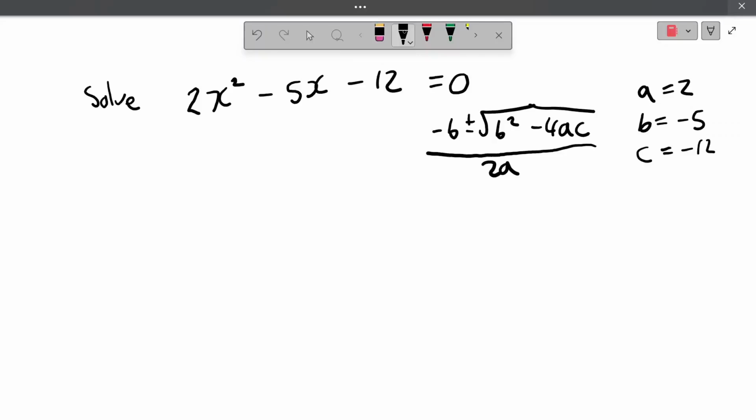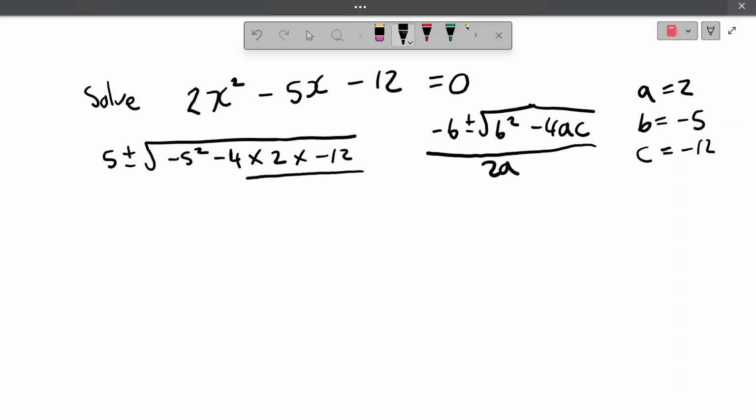So we have minus b, so minus 5, which we could just delete those minuses and have it as a plus. There we go. So we have plus and minus the square root of minus 5 squared minus 4 times 2 times minus 12, all over